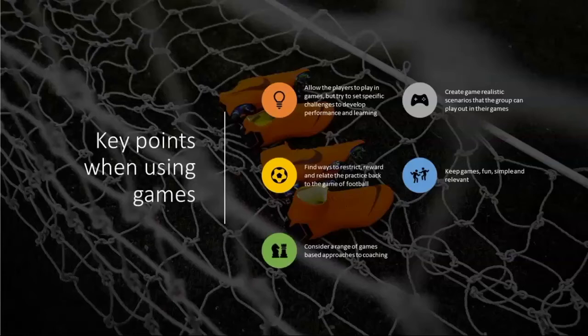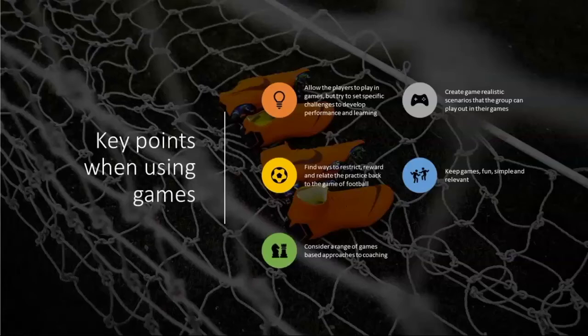It's about them, isn't it? They should be front and center of all the activities that we design and do. So think about giving the players more opportunity to try stuff out and get lots of repetitions without repeating stuff. If you think about skill acquisition, players gaining new skills, if we're passing a ball back and forth or dribbling through cones where we've got no interference, we do it over and over again, our performance will improve because we practice. But the opportunity of learning and knowing when to apply that skill in a game doesn't really get any better.